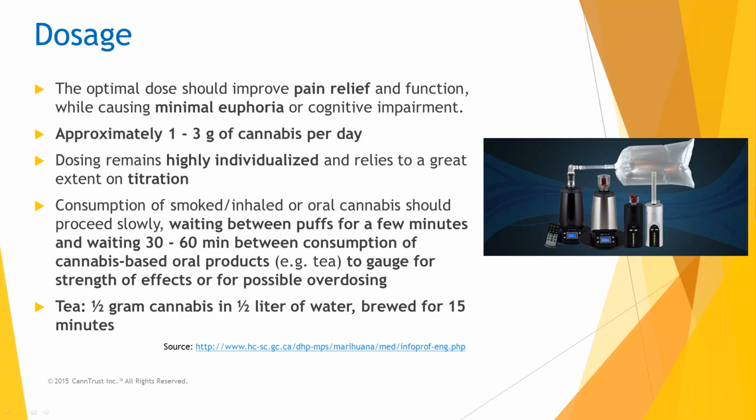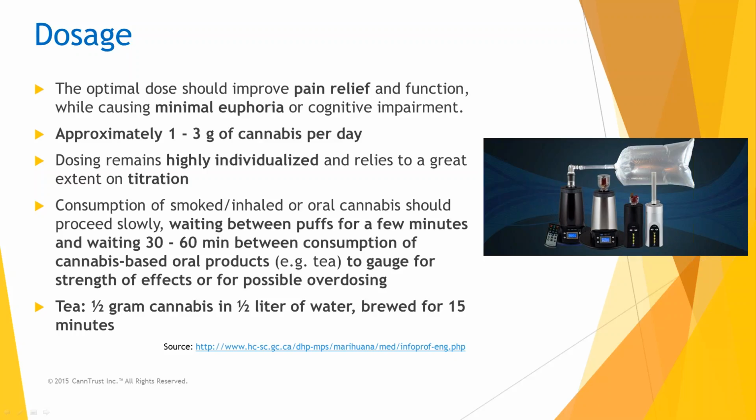What is the dosage of cannabis? Approximately, the dosage for cannabis ranges between 1 to 3 grams per day. The optimal dose should improve patient condition, for example, pain and function, while causing minimal euphoria or cognitive impairment. We always suggest to start from a very low dose and gradually increase the dosage until we get the relief